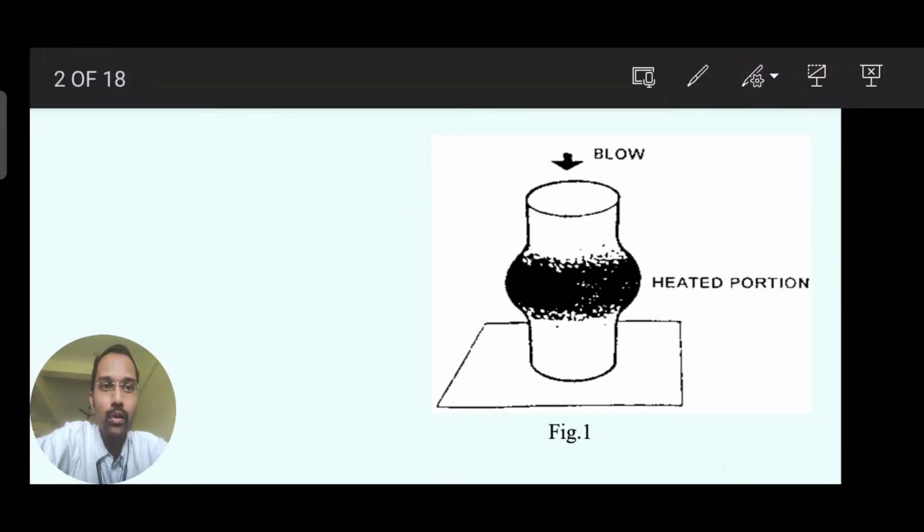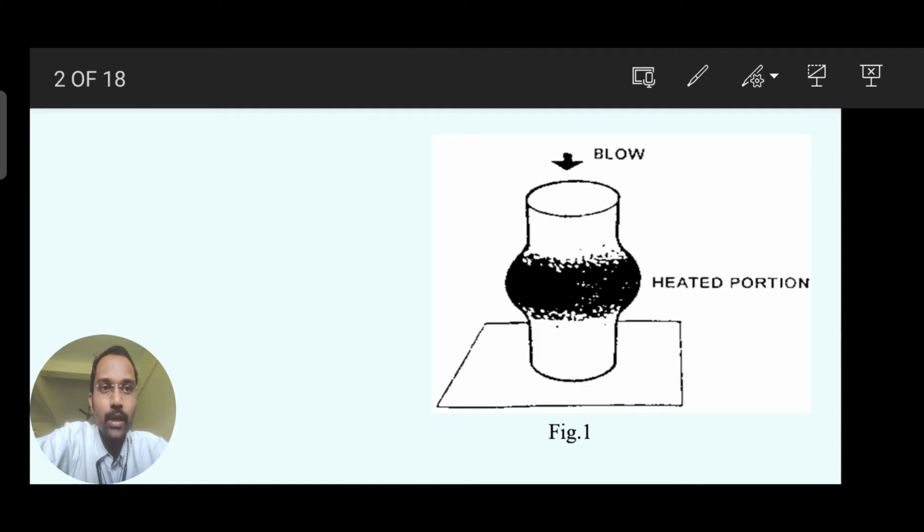A round circular bar is considered, where if you want to increase the cross sectional area at a particular place, it has to be heated at that particular position. No need to heat the total bar. At that particular position, the material reaches a certain point where it can deform.